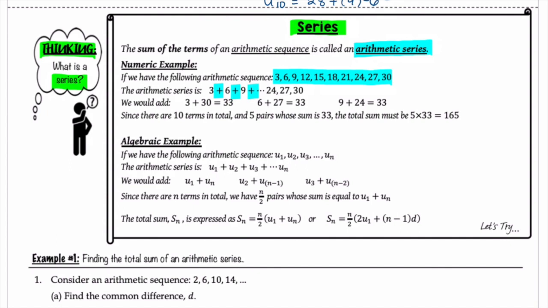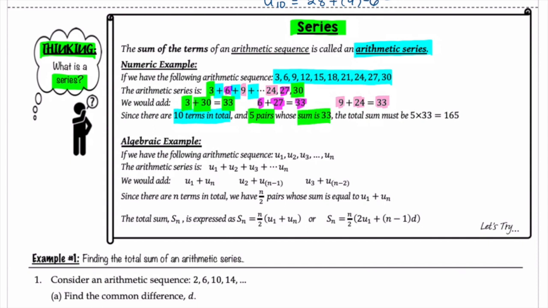We would add the first term and the last term, giving us a value of 33. We could add the second term with the second to last term, and it will still give us a value of 33. And I could keep going. I could add the third term with the third to last term, and it will give us 33. And the pattern will continue. I would add the fourth term with the fourth to last term, giving us that value of 33. Since there are 10 terms in total, that means that we have 5 pairs whose sum is equal to